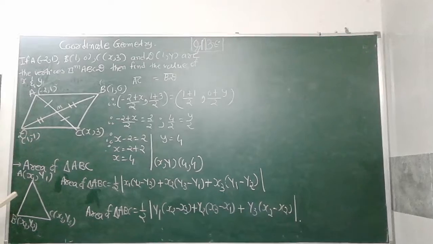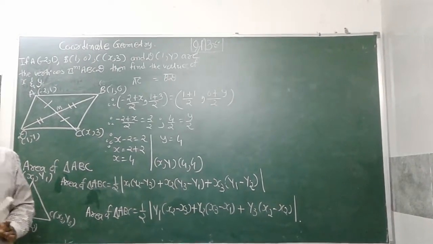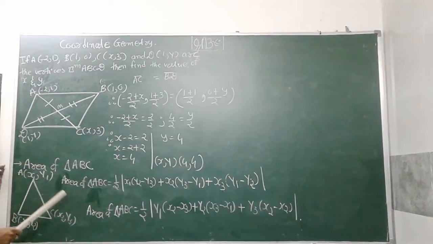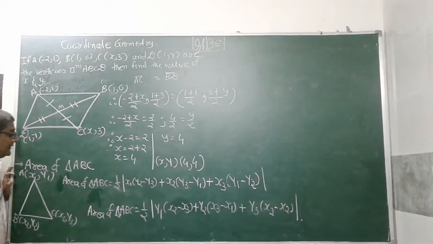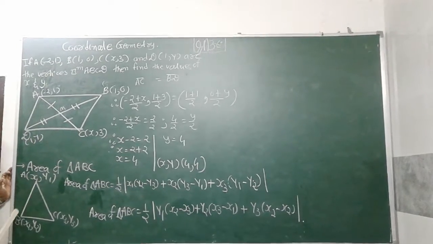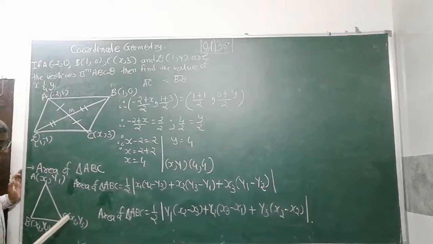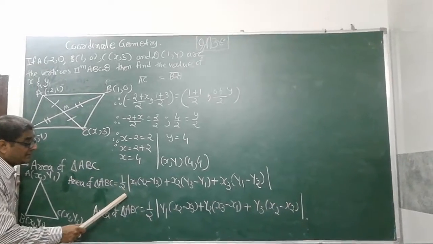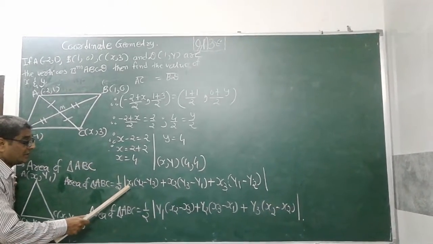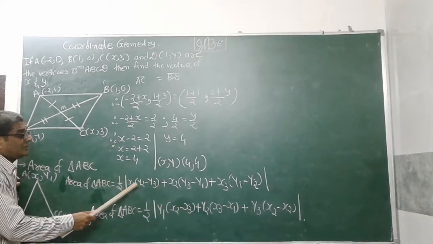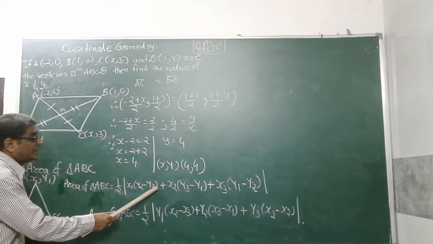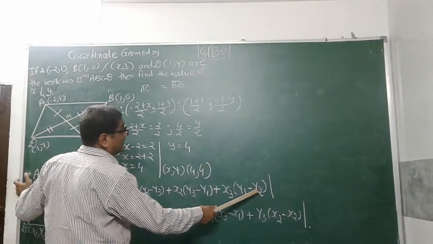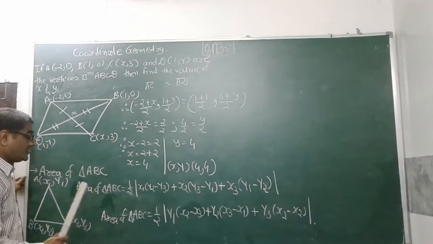Now area of triangle. You learn in coordinate geometry to find out the area of triangle when 3 vertices are given. Area is always positive, therefore area of triangle is under parenthesis (modulus). So let A be (x1, y1), vertex B (x2, y2), C (x3, y3). So area of triangle ABC is equal to 1 upon 2 modulus start: x1. You take either x1 out or y1 out. So x1 bracket start, y2 minus y3 bracket over, plus x2 (y3 minus y1) plus x3 (y1 minus y2), modulus over. But some students want to take y1 outside.